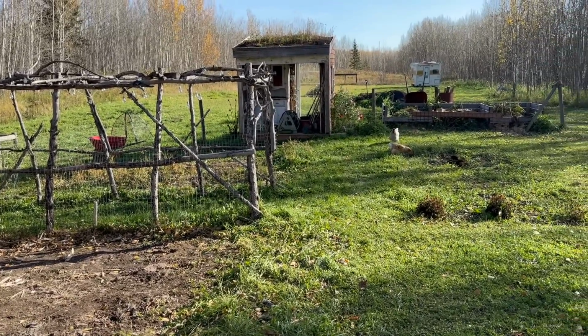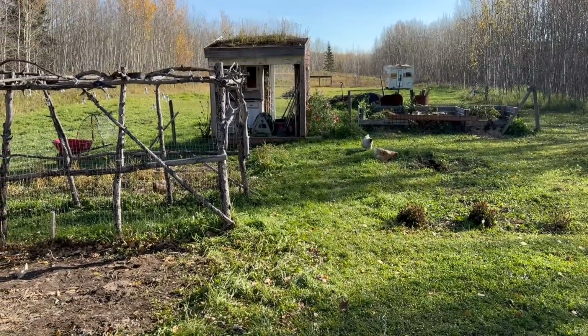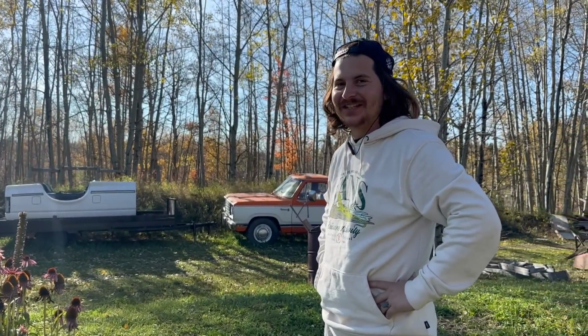I have to say, it's really peaceful out here. Chickens are free range, looking for bugs. They seem happy. Well, there's lots of voles and such right now. So yeah, they're probably looking for those, actually. They're mousing? Yeah. Huh. They love